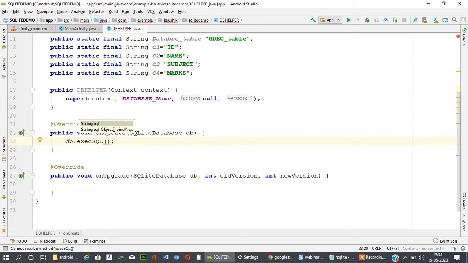In exec SQL you can run any query, so in this method we have to pass a create table query.